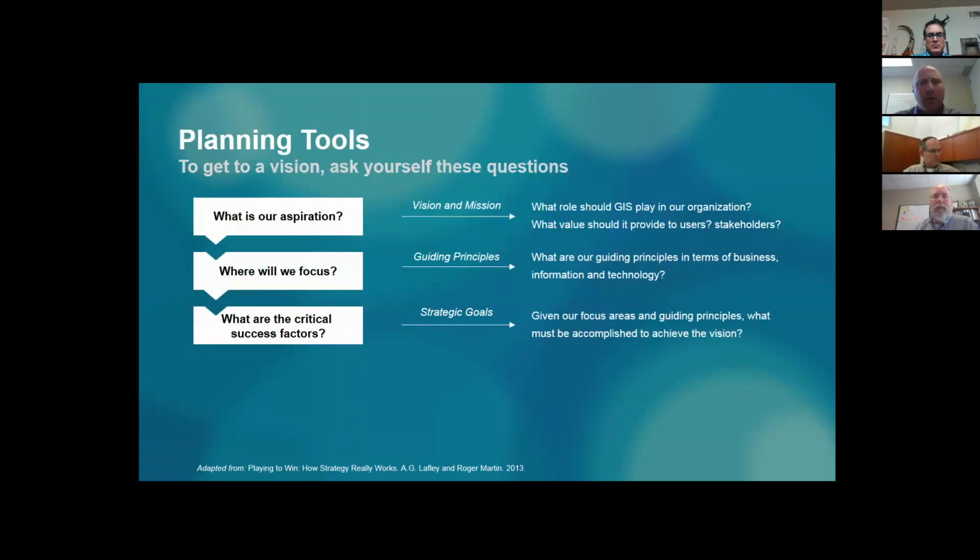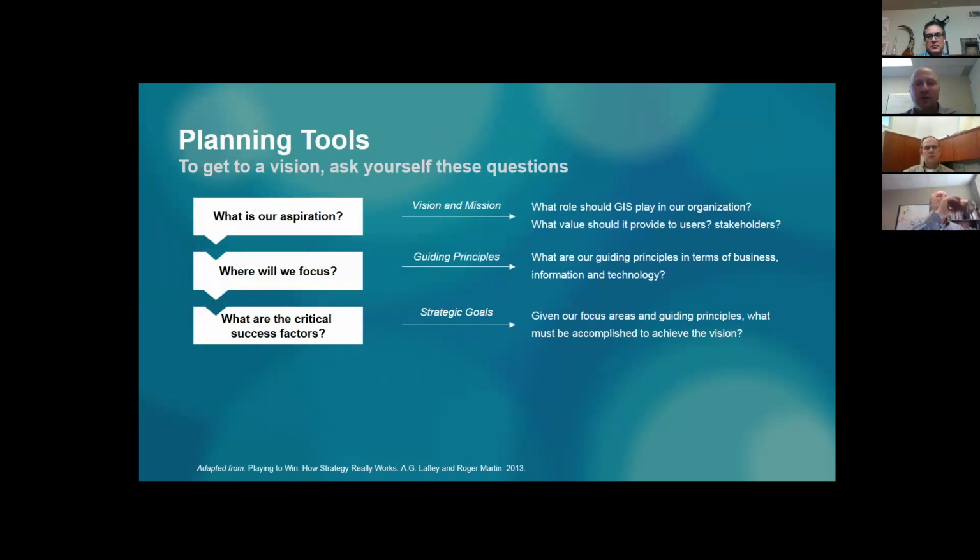With a handle on that, you want to talk now a bit about where you want to focus. What are your guiding principles? This is around information, around technology, around business. Some of these things can come out, things like around open data. Are you open data by default, or are you at a best efforts kind of basis? You can have a business principle that's around data-driven decision-making or cross-department collaboration as a guiding principle that you want to promote and encourage across all divisions through the GIS. There could be application principles, security and simplicity first, could have an on-premise type of deployment strategy, lots of decisions that need to be made and really honed in on